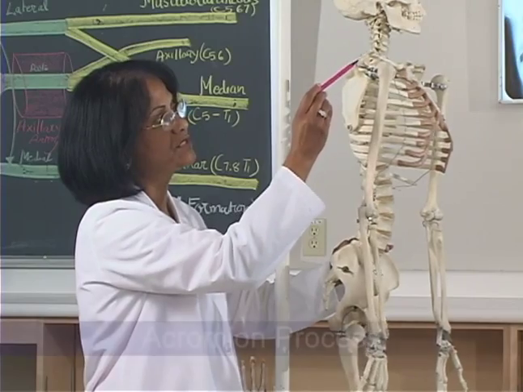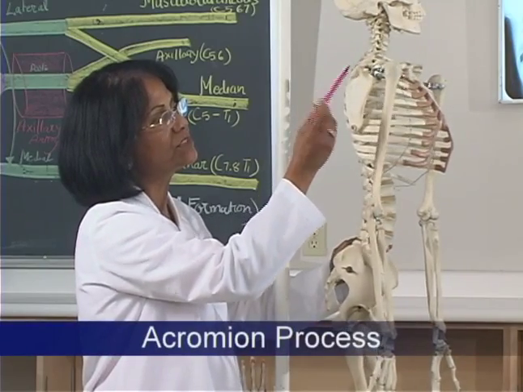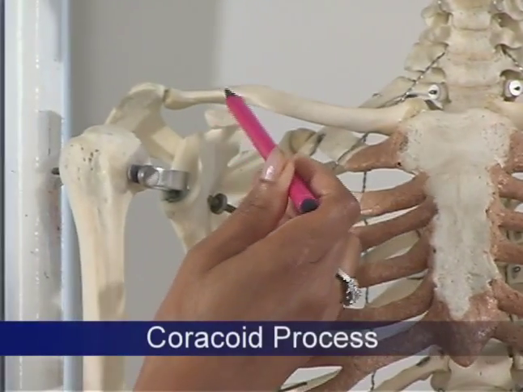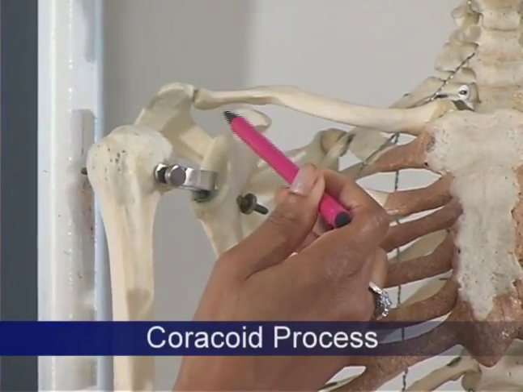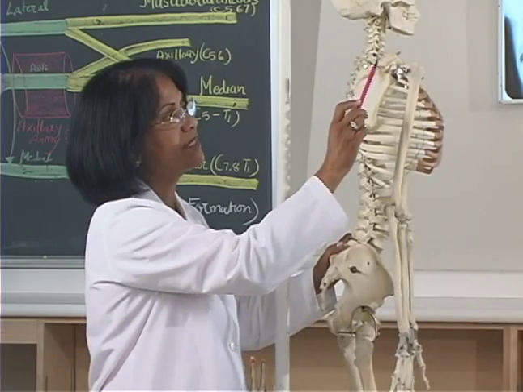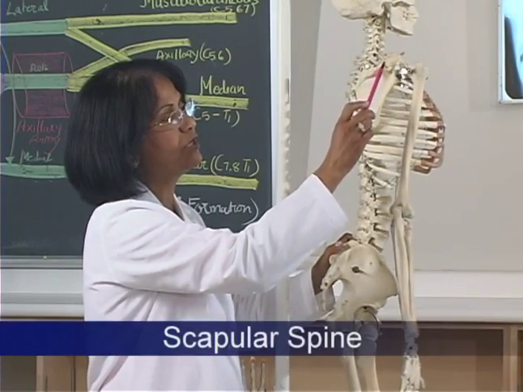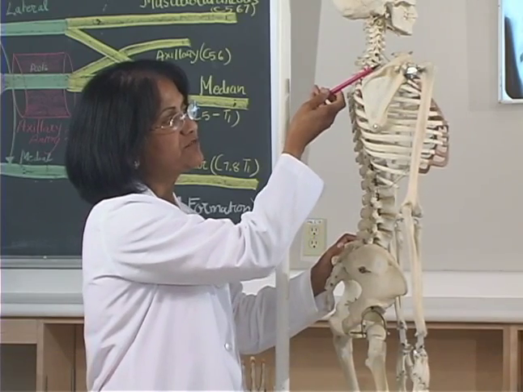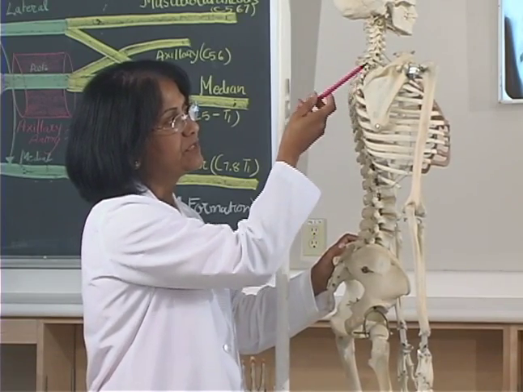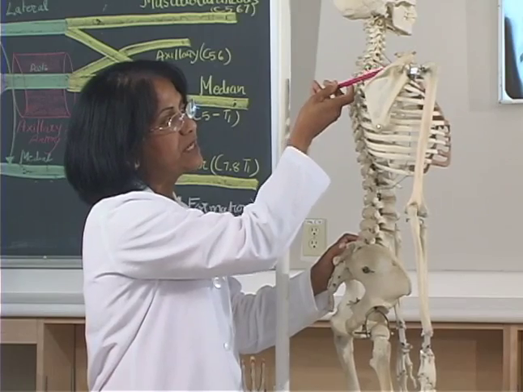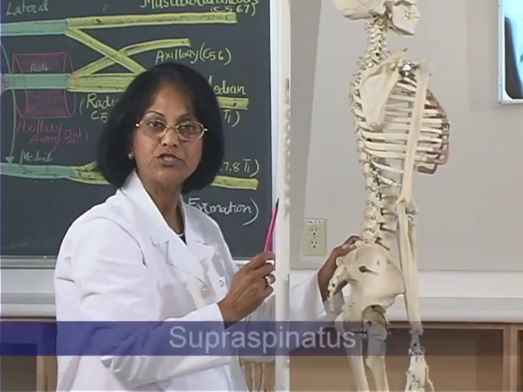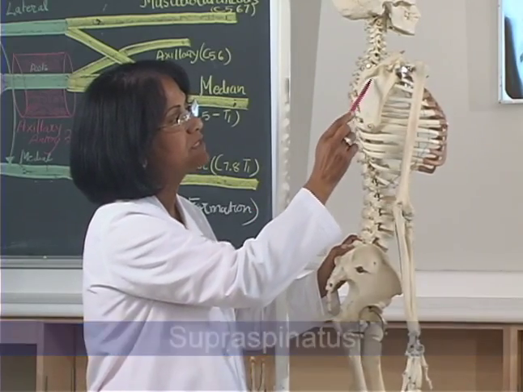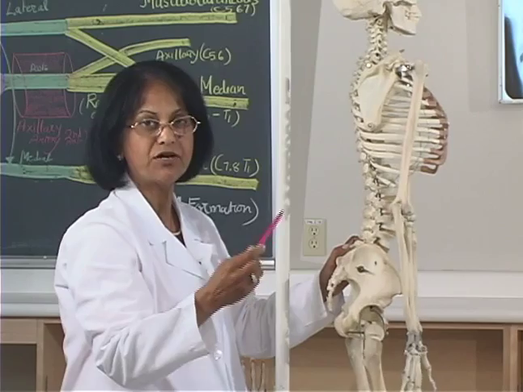This process is known as the acromion process, and this beak-like projection is called the coracoid process. This area here is called the spine of the scapula, which divides the posterior surface into 2 halves. The superior part of this area gives attachment to the supraspinatus muscle, while the lower part gives attachment to the